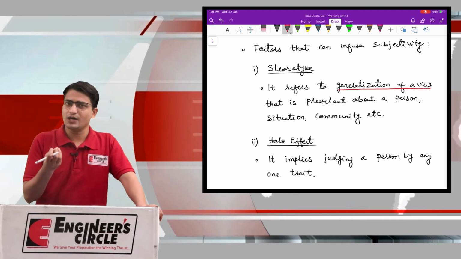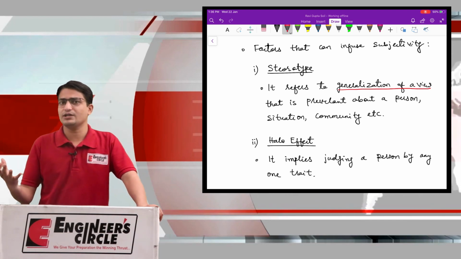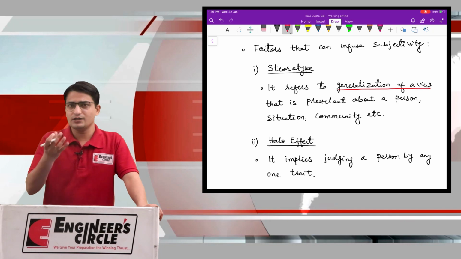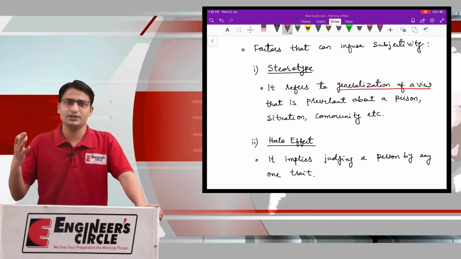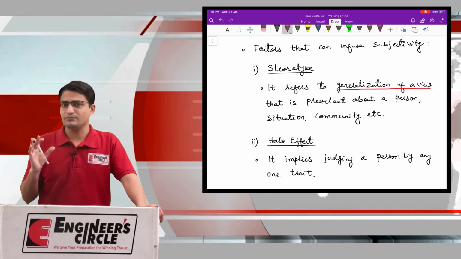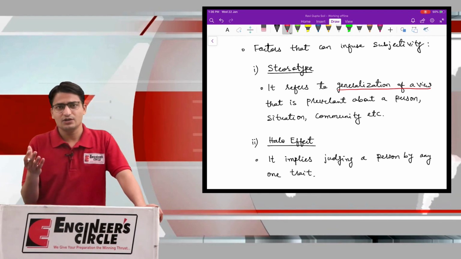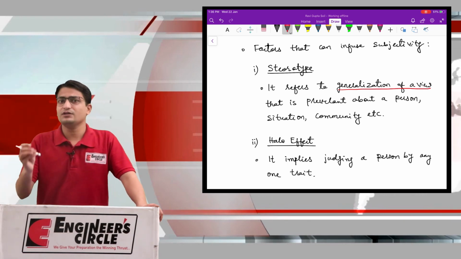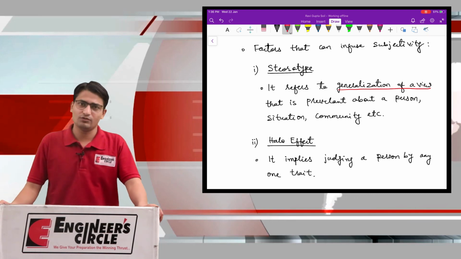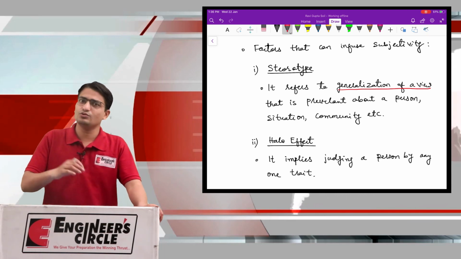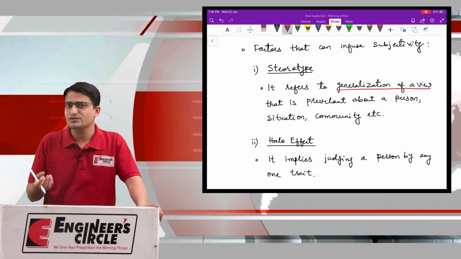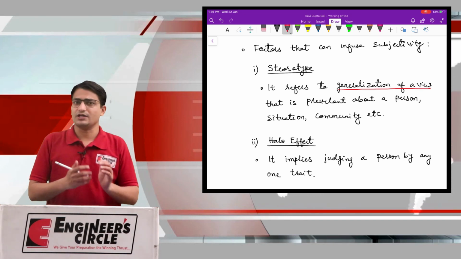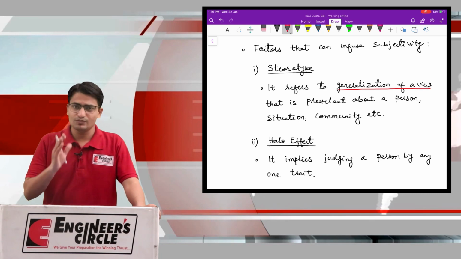So let's say you are posted in a remote area or a new area which is new to you. You don't know anything about that, and you have heard some things about a particular community residing in that area. What you have heard is some negative things. So automatically you will develop some negative feeling about that community, even though you have not directly encountered them. Okay, you have not met that community, even though you have developed some negative emotion. Why? Because you have developed some general point of view which is already prevalent in the surroundings. Okay, this is called a stereotype. So you must avoid this.